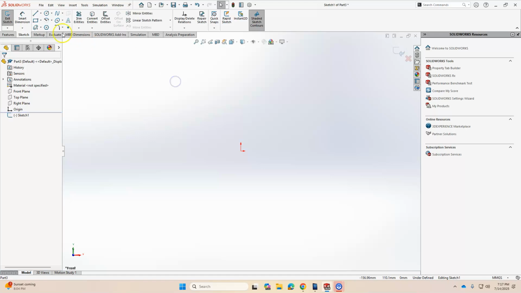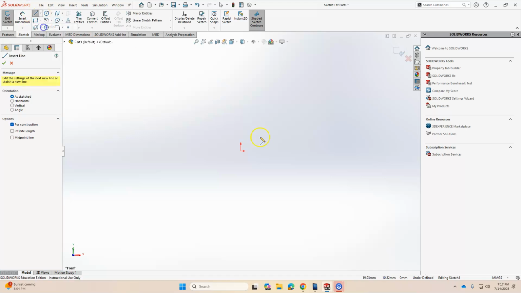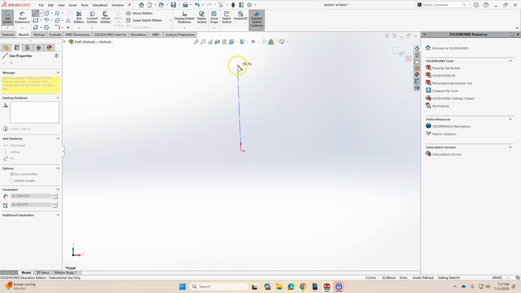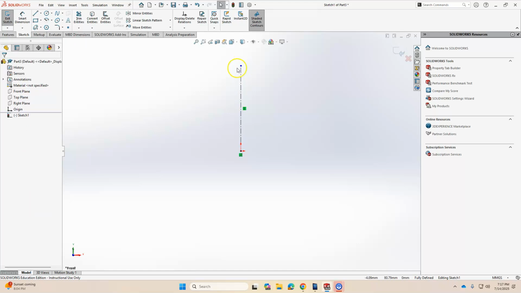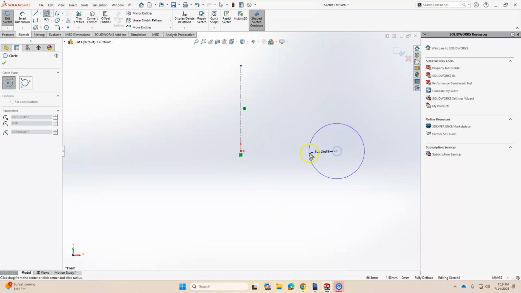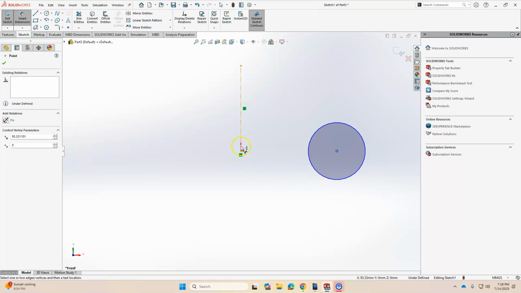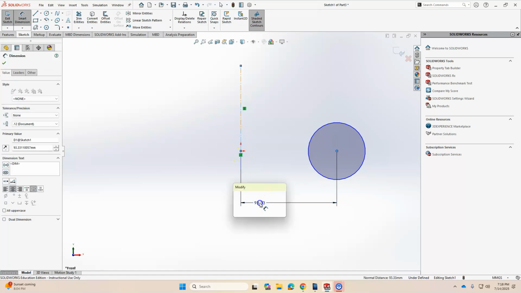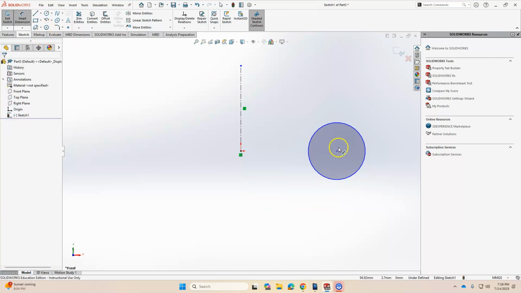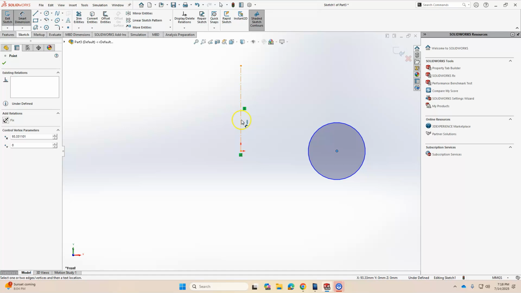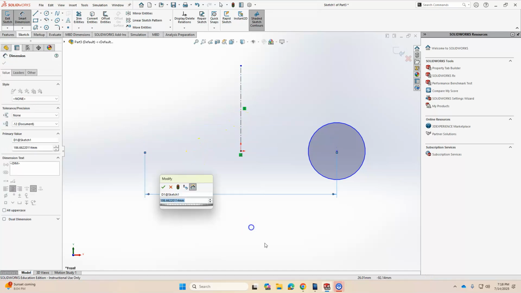a front plane. And that sketch will contain a center line from the coordinate origin, vertical, and a center line we don't need to dimension. And then at the level of the coordinate origin, horizontal, we are going to make one circle. Then we are going to specify the distance between the center of the circle and the line, and we place the dimension on the other side, because